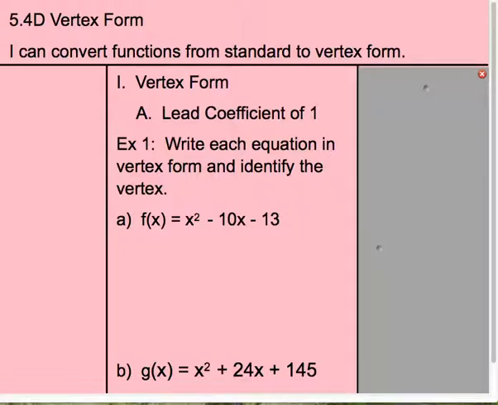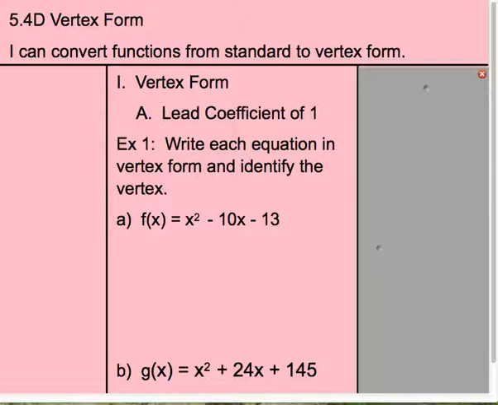In today's lesson, we are going to take a look at converting a function from standard form into vertex form, and that involves completing the square, everybody's favorite process. So we're going to start by looking at functions that have a lead coefficient of 1, much easier to rewrite them in vertex form. So what we do, because we've got that f of x